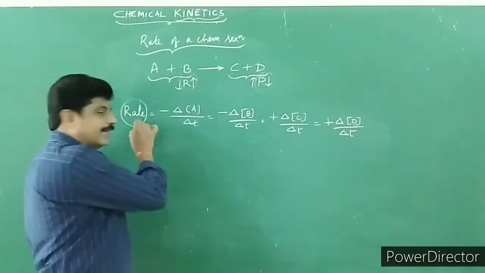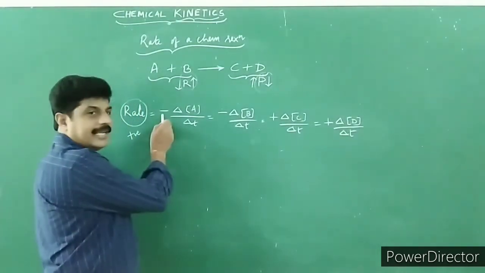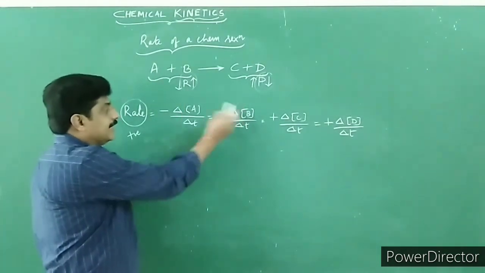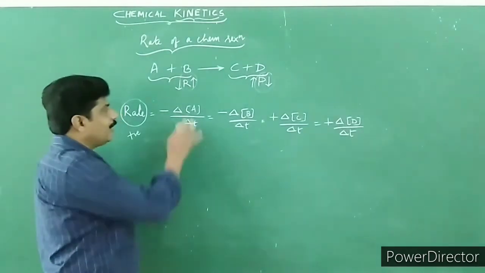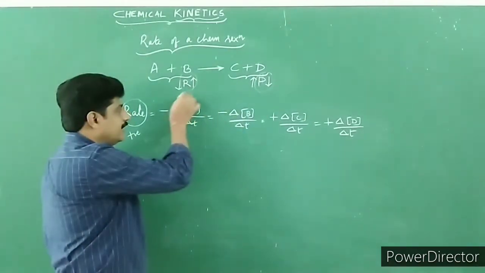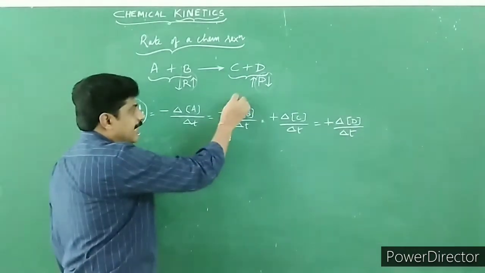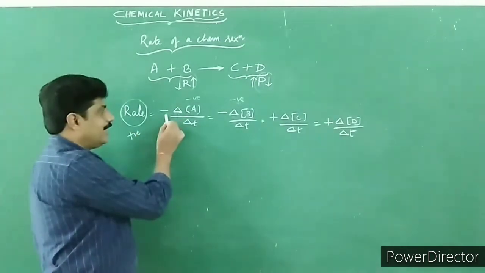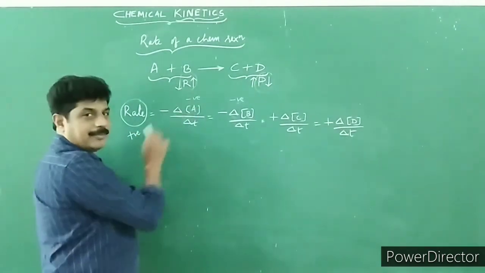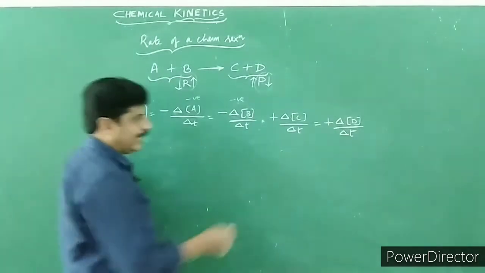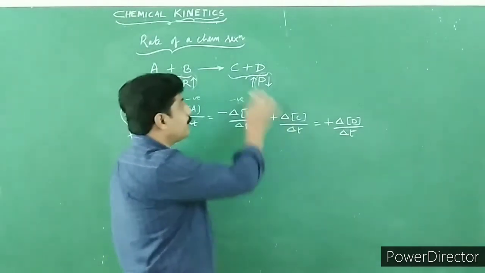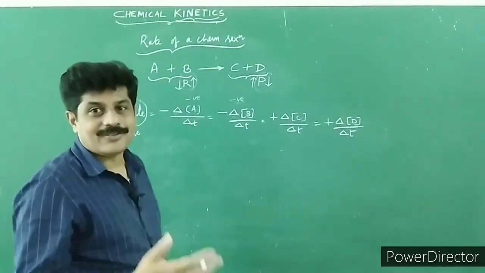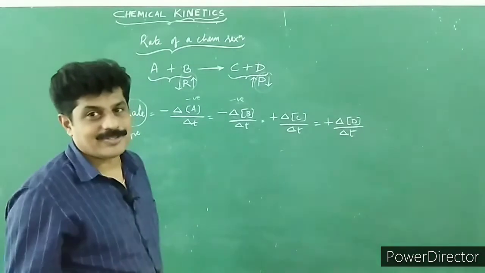In order to make the rate a positive entity, we put a negative sign for the rate of reaction of reactants. Children, you know that as the reaction proceeds, the concentration of reactants decreases and the change gets a negative value. In order to make the rate a positive value, we put a negative sign here; negative into negative becomes positive. Hope you understand that. Whereas for the rate of reaction for the products we put a positive sign here, because as the reaction proceeds, the concentration of the product increases and hence it becomes a positive entity.